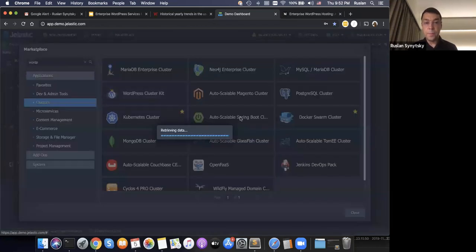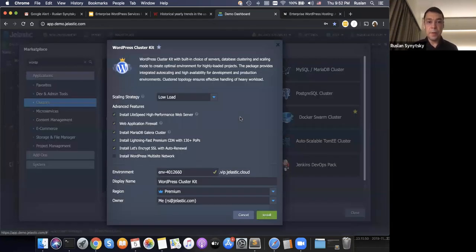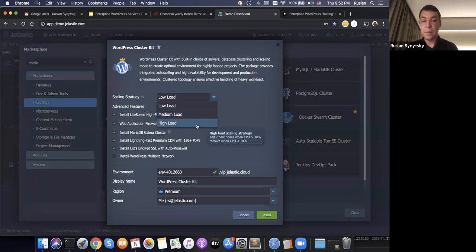You press the WordPress cluster button, and the scaling strategy defines when to add new nodes. For example, medium when CPU load is more than 50%. High load when the CPU load is more than 30%, and it will add 2 nodes at once.